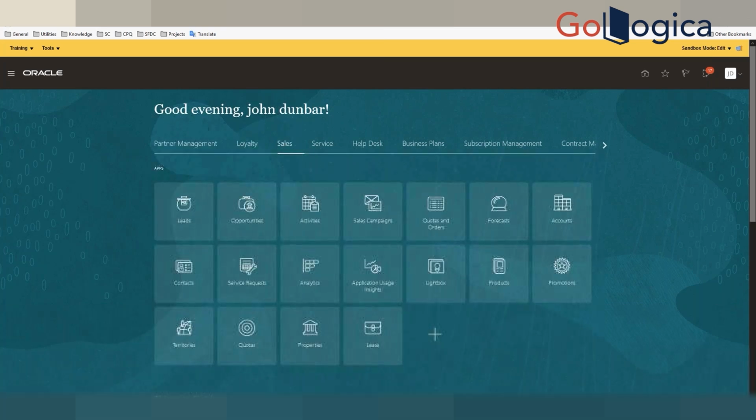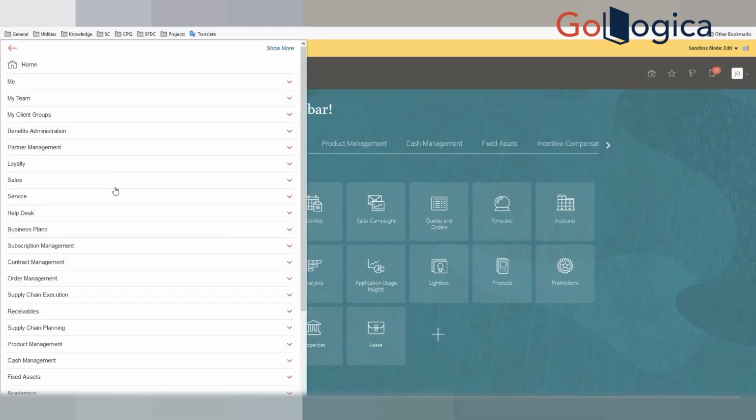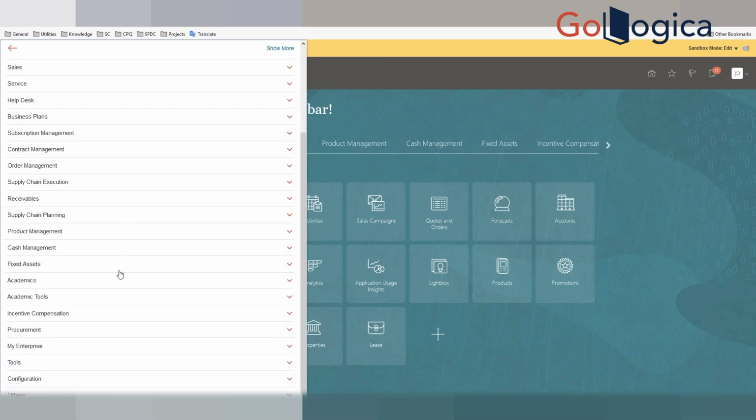And now I logged in as super user. In fact, super user in the sense who has an IT security manager role, which will give you the privilege of creating any user, assigning roles particularly. So there are two ways of creating a user. At least there are two ways of navigating to the user's creation page. So this is the navigator, we call it. And then you scroll down, you will find